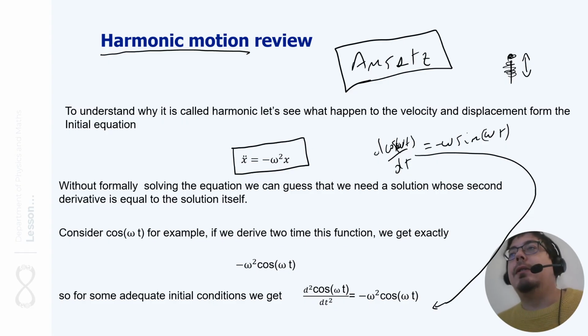And this is exactly of the form x double dot equals minus omega squared x. And now you see why the constant is a square, because it's coming from two times the derivation of a periodic function. So it's just a convenient way to express the equation for us. It could have been done in a different way, and then we would have discovered that the constant was omega squared. Omega is called the pulsation,